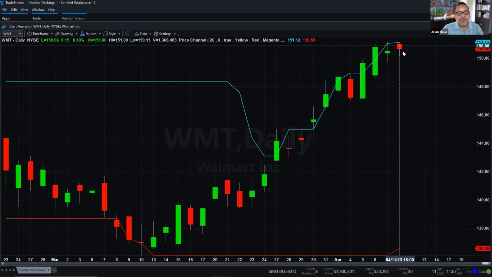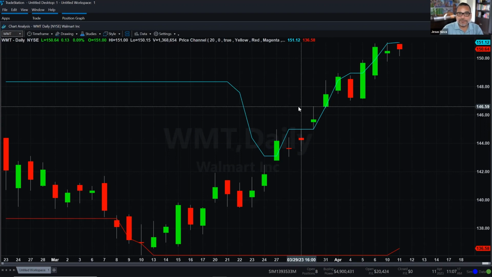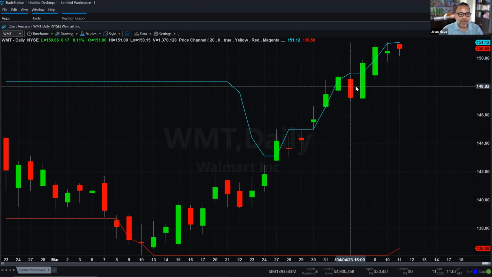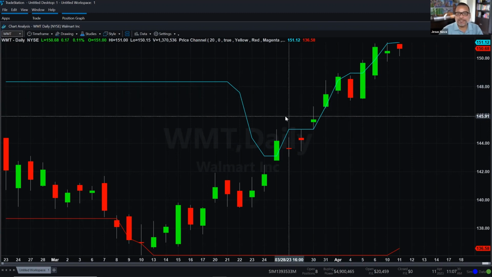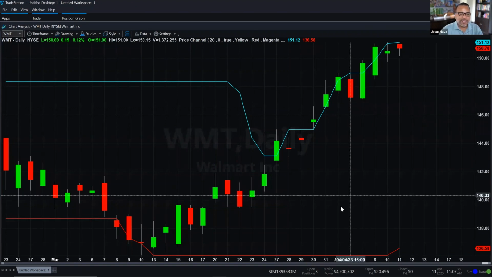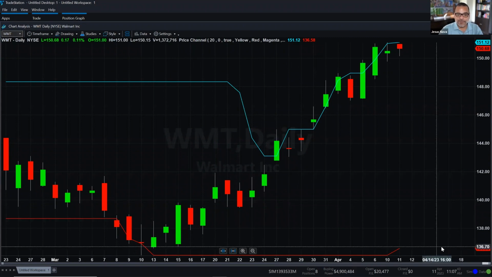So if I look at this cyan value right here, 151.12, 151.12 is the highest high for the last 20 bars. In this case, 20 trading days, which is about 4 weeks, right? So in the past 4 weeks, if we have 5 trading days per week, that's 20 trading days. And for the past 4 weeks, this is the highest high. And the red line, of course, is giving you the lowest low on those 20 trading days,